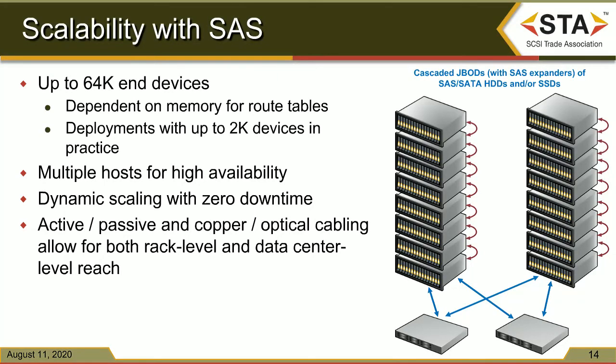Okay, I'll give you your performance scaling, and that NVMe-oF scales outside the box. And just a quick note that NVMe-oF looks a lot like a SAN, and that's been around for decades with SAS. SAS performance may not scale at the same rate as NVMe, but SAS scales in a different way. SAS was designed to accommodate configurations of up to 64,000 end devices. I've never heard of a configuration like that, given you need a whole lot of memory for routing tables. But it is possible, and many other scalable configurations are possible with SAS, and it isn't uncommon to have configurations of 2,000 devices or more in practice.